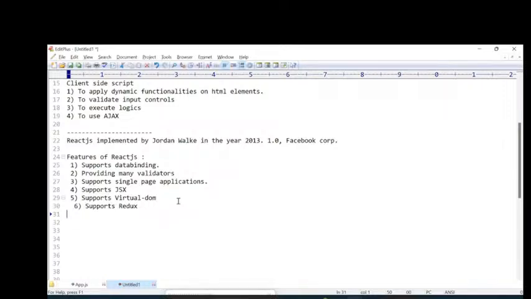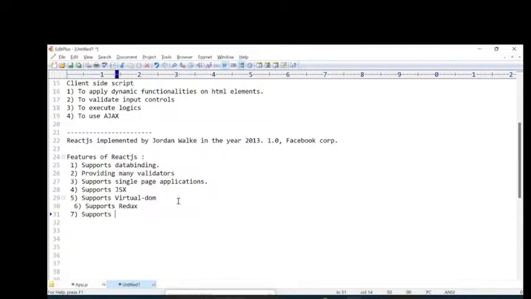Okay, Redux is providing more enhanced features than cookies, sessions and other objects. So we are also discussing local storage, session storage, and along with that, we are also discussing the Redux concept. I will explain what is Redux and what is the benefit of Redux. Okay. Next one here,